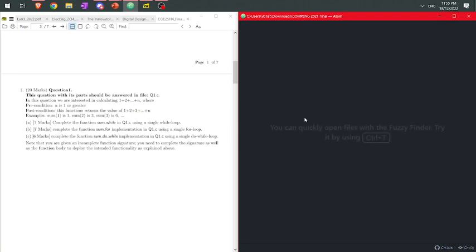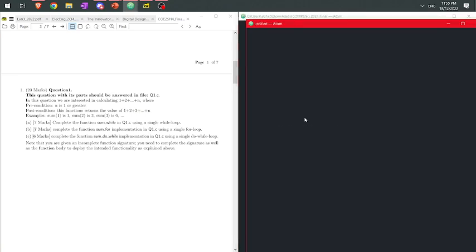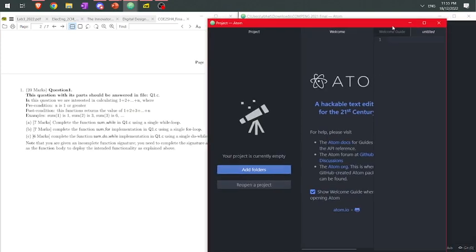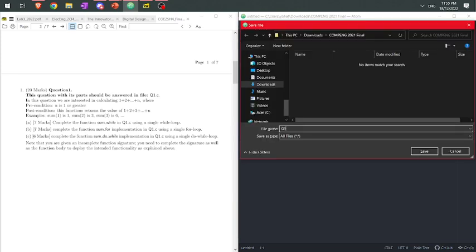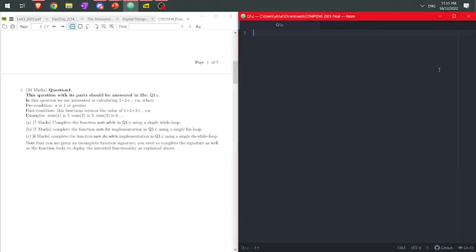So this should be pretty easy, and I am going to bring up a new, oh sorry, that's not the correct window. I'm just going to open up a new file and save this as q1.c as the question tells me to. So first off, we're going to start with the sum while, and I'm going to have it return an integer, and it will accept an integer as well to tell me where to stop, and I will start this at int i is equal to 0. Oh sorry, I should probably start it at 1,